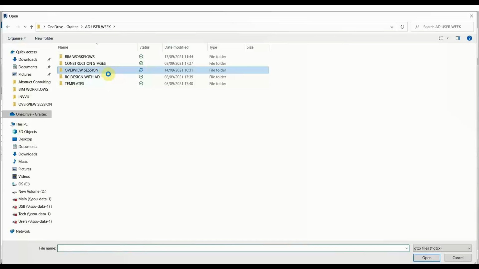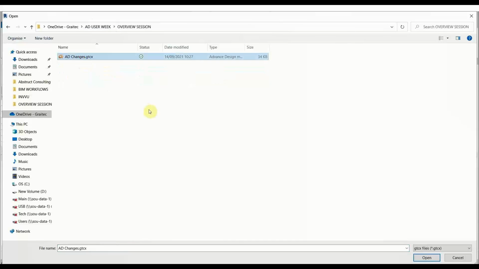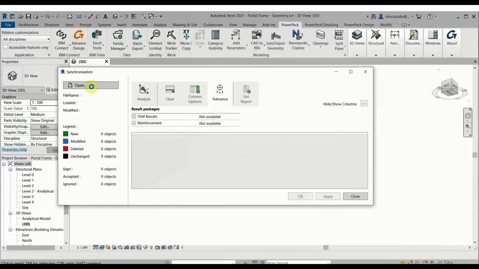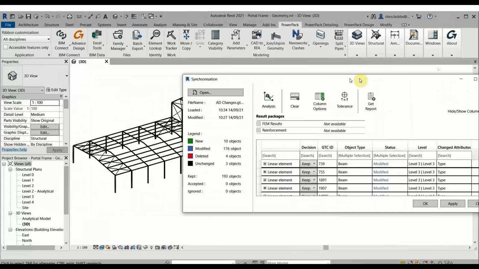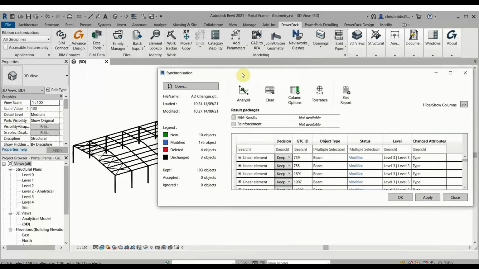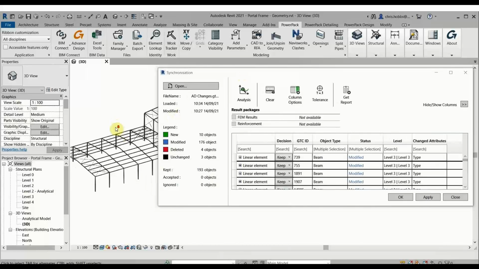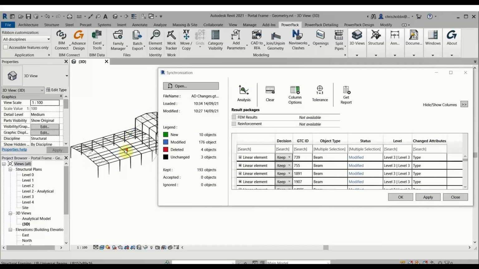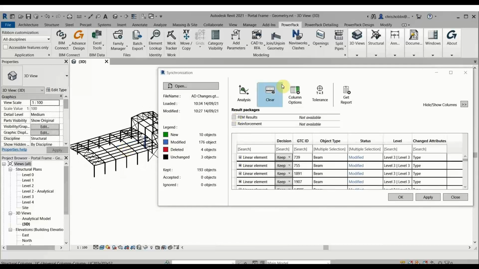The beauty here is that you can start anywhere in this process, whether you start with a model in Revit or whether that be in Advanced Design. The process is still the same, just as smooth, just as efficient. So you can very easily get to where you need to be using our BIM export and import tools with our Power Pack. So here I've loaded that GTCX,